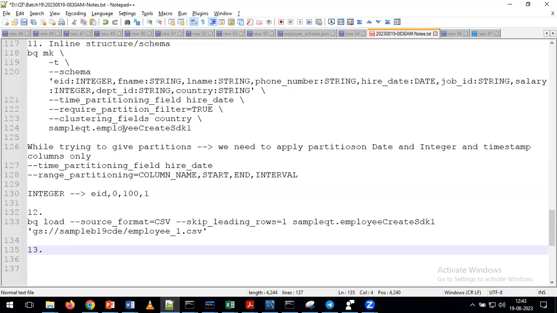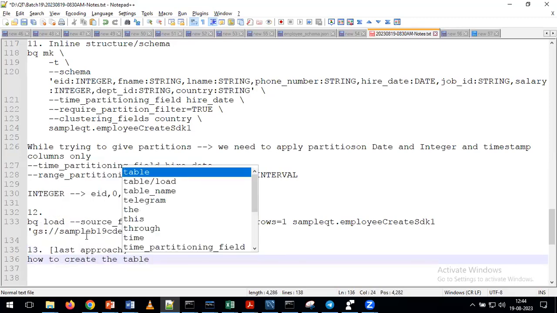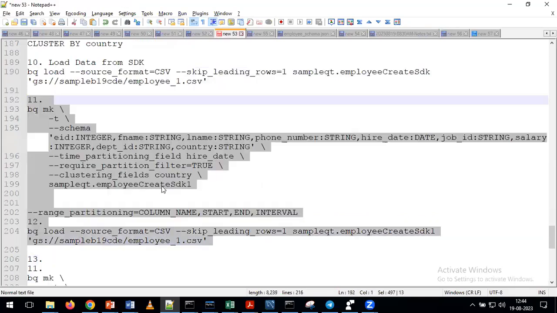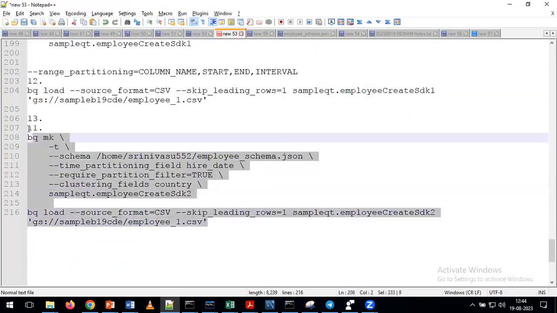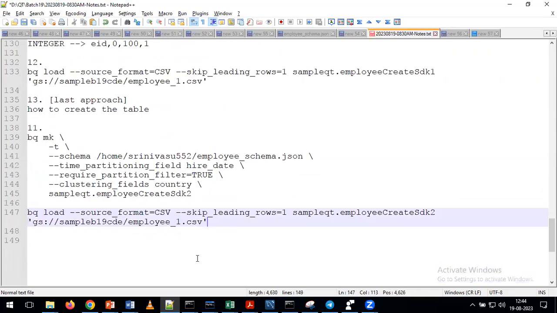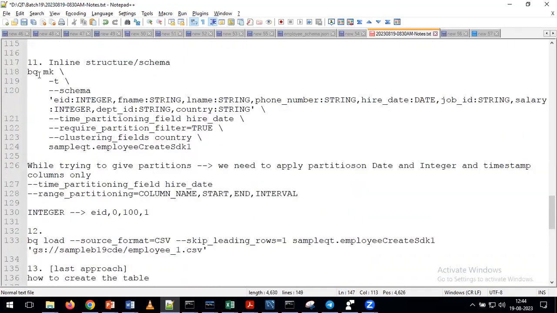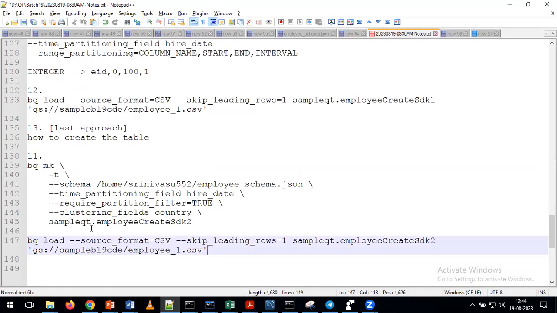by using another approach. Already we discussed multiple approaches. We are having one more last approach. How to create the table. Again, same thing. So to perform this activity, please observe. What I'm doing here, I am going to use the same command one more time. Whatever the command we discussed above, the bq mk with schema, here we are going to use the same command, but the only difference here